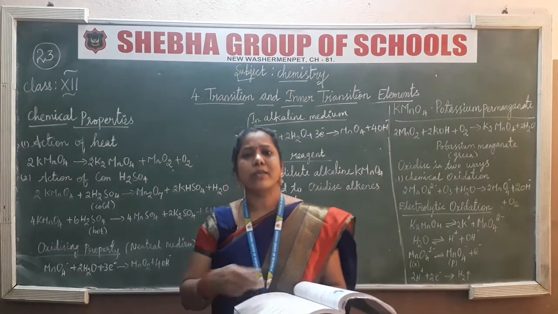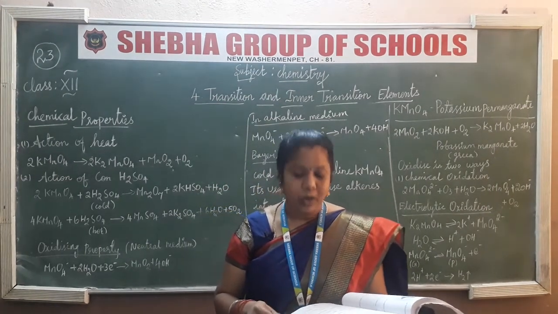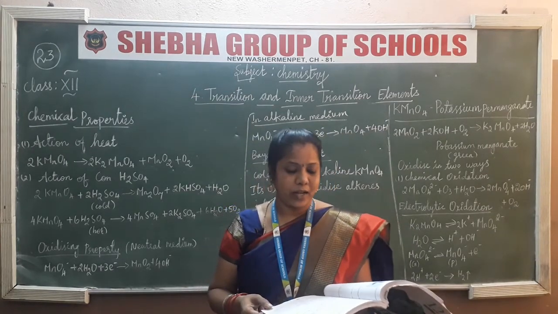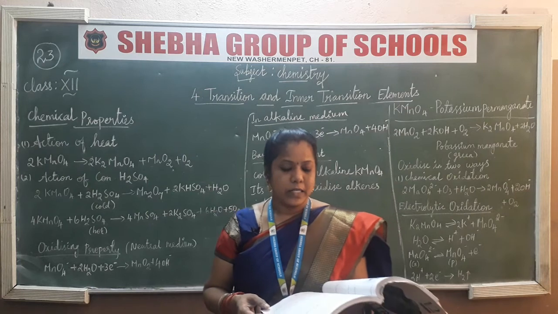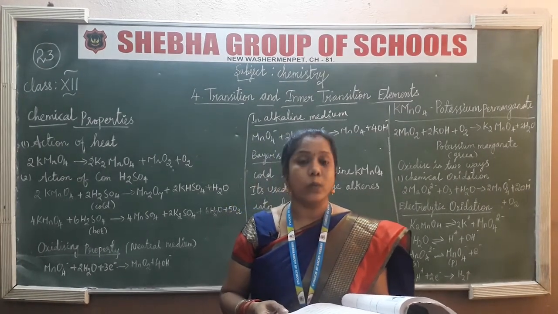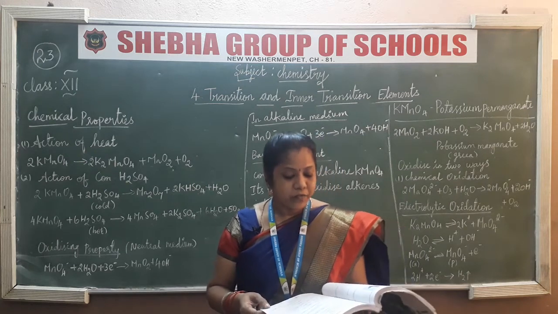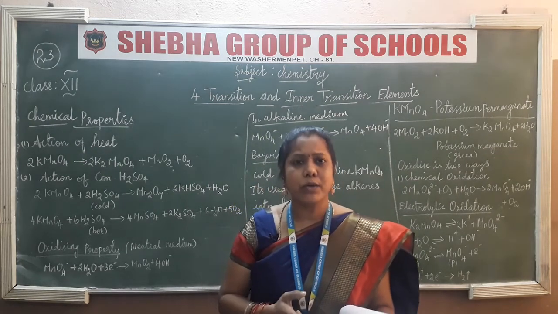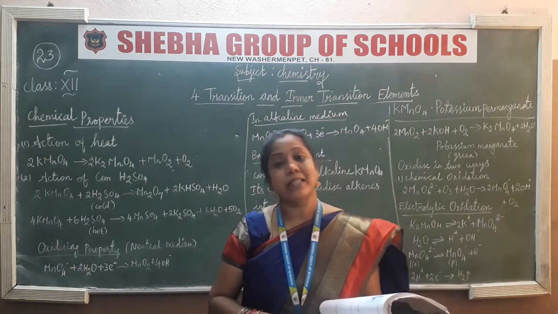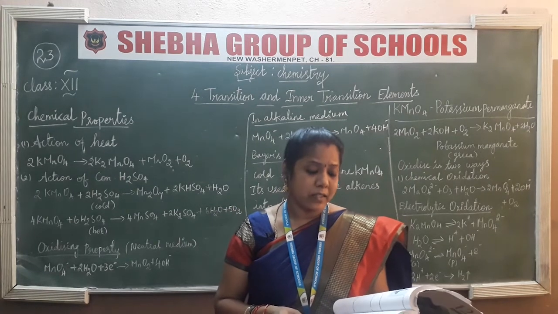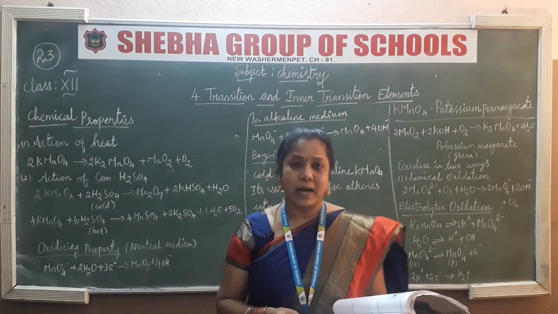In these oxidation methods, in your textbook on page 117 there are a lot of things. For example, ferrous salt is converted into ferric salt, iodide ion is converted into iodine, and sulfide is converted into sulfur. Likewise, this also plays a role in the acidic medium. So written practice will be very useful to understand these reactions.